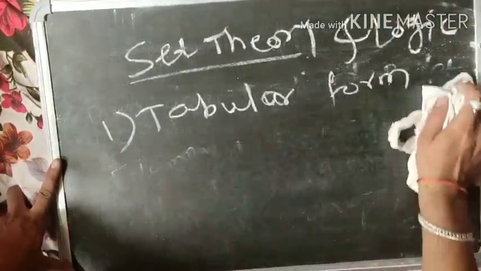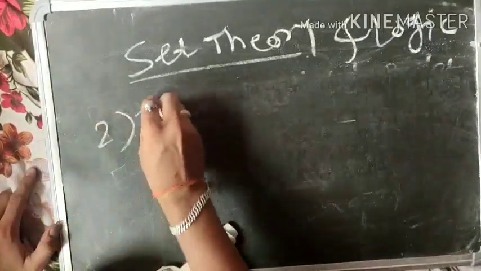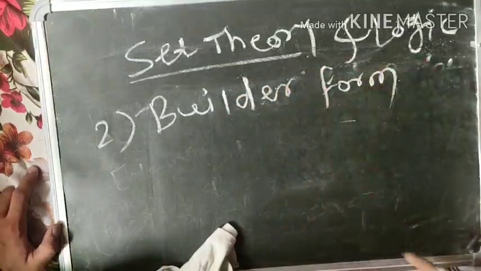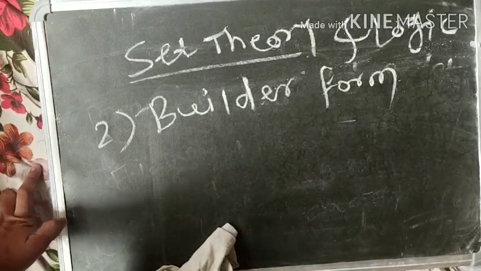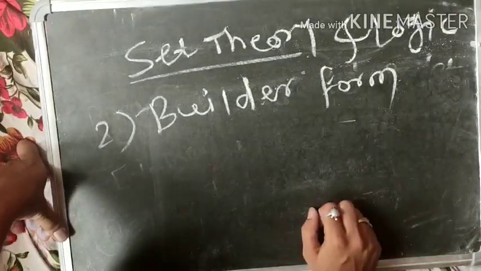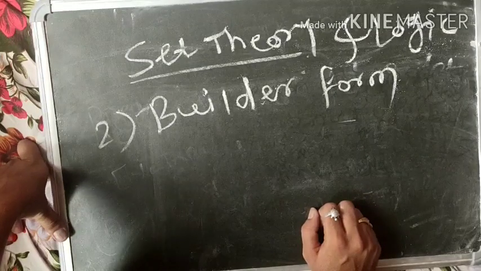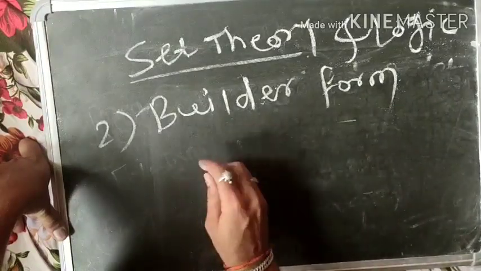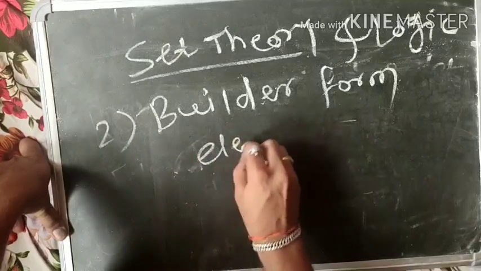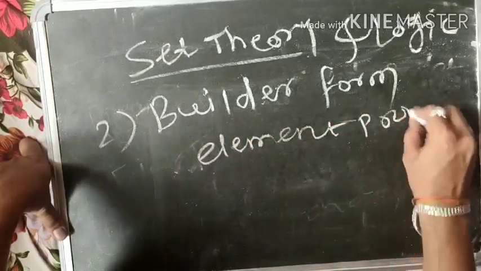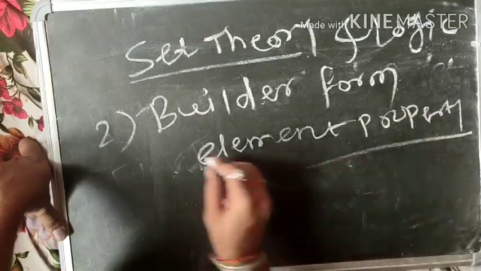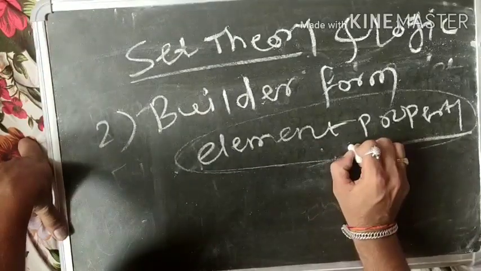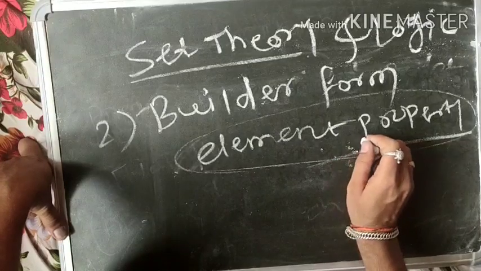Next is the builder form, the second type. What is the builder form? A set is defined by specifying a property that the elements of the set have in common. So the set contains the elements with the specified property, and all the elements in the set have a similar property. Okay, for example,